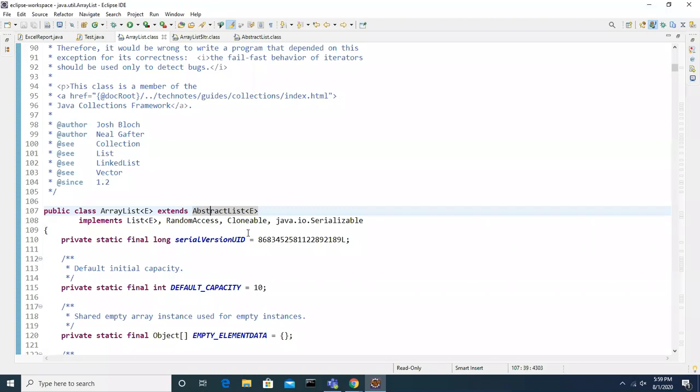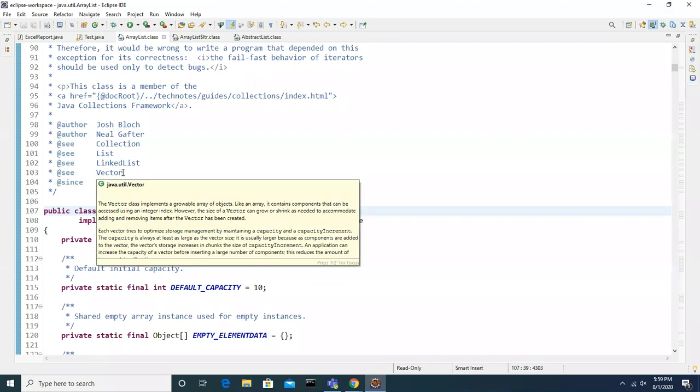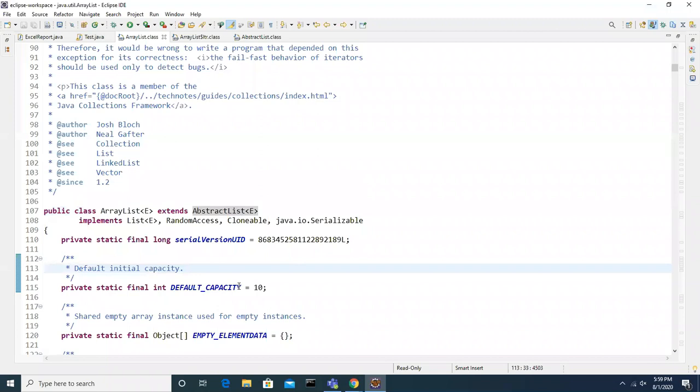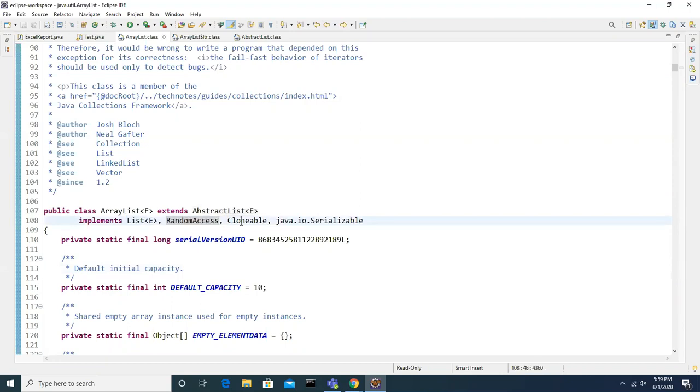Generally, an abstract class declaration will be done whenever it is a partial implementation. You guys know what an abstract class is and all the concepts, right? Yes, sir. Okay, good. Now look at this: List, RandomAccess, Cloneable, and these are all the things it is doing here.